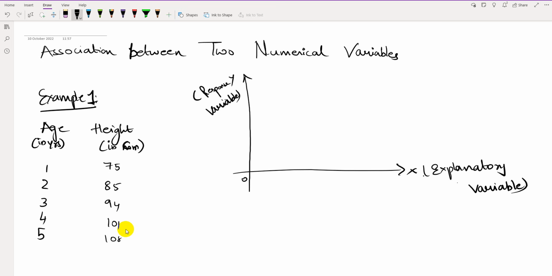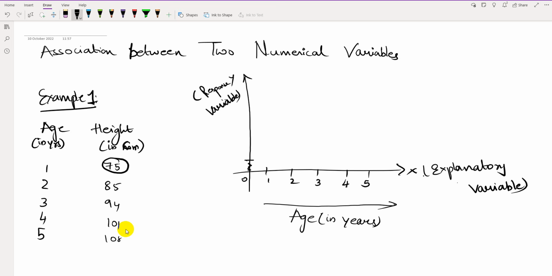Now we are going to find the relationship between the age and the height. So age will be our explanatory variable. This is going to explain what the whole chart shows, using the age: 1, 2, 3, 4 and 5. We see the height over here is 75. At a stretch we cannot start with 75. We need to truncate it because 75 is a larger value. We take 70,